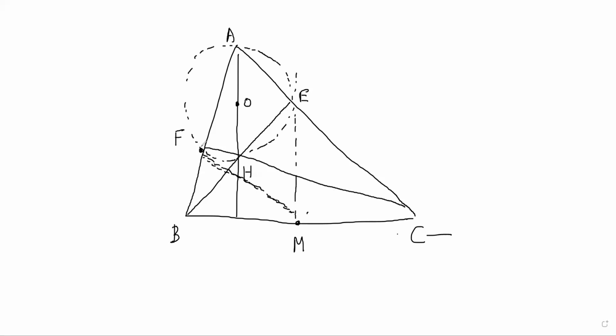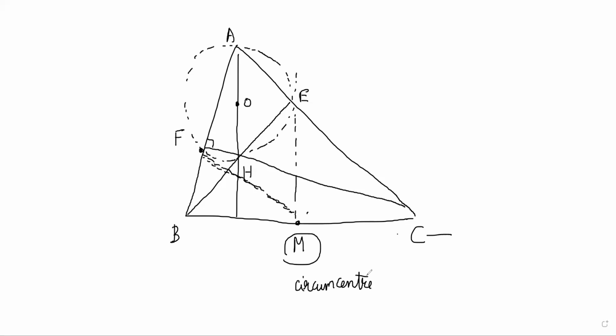CF, which one? This is 90. And CFA is 90, no? CFB is also 90. Okay, CFB is 90. So FM equals MC. So you're saying this is the circumcenter